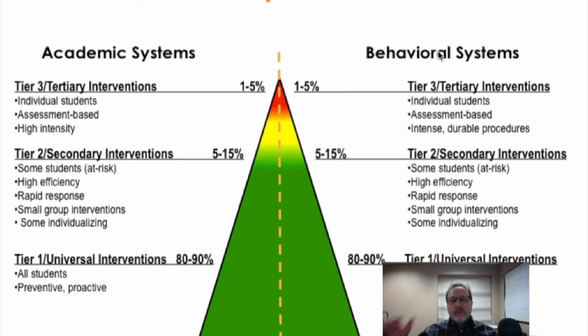Tier 3 is where we depart from either the large whole group interventions and supports or the group-delivered more intensive interventions and move to focus on the individual. This is where we stop teaming, looking at data that refer to groups of students, and we really focus in a very intense way on the individual needs of an individual student.